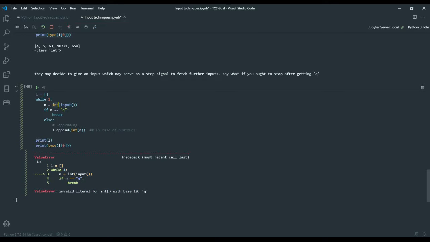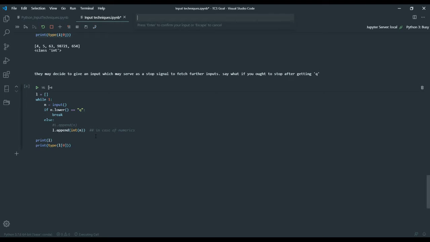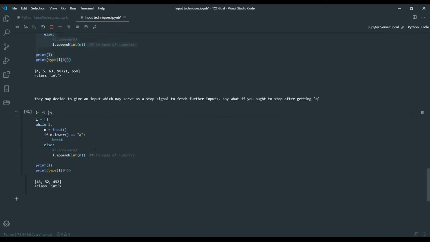So don't make this silly mistake and waste a few minutes in your exam by casting it directly. When you're using this logic, I suggest you cast the input from string to integer when you're appending it to the list. That will save you a lot of time, and it'll be easy.